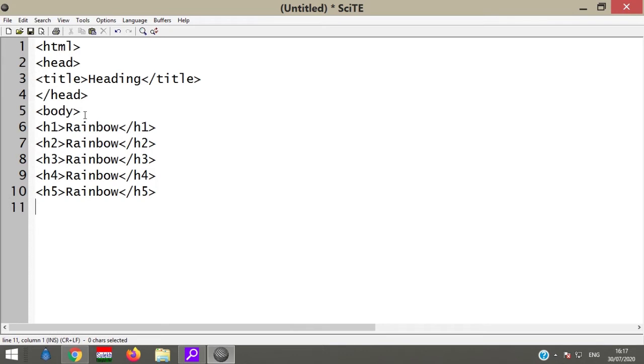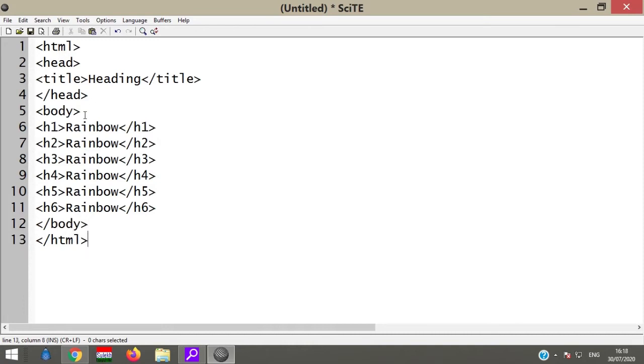The content will remain the same between the opening and the closing tag. Then slash body and slash HTML. Sorry, here is a spelling mistake, body.